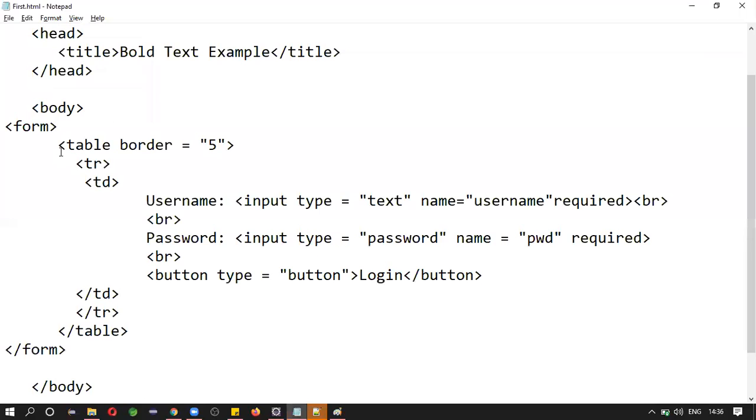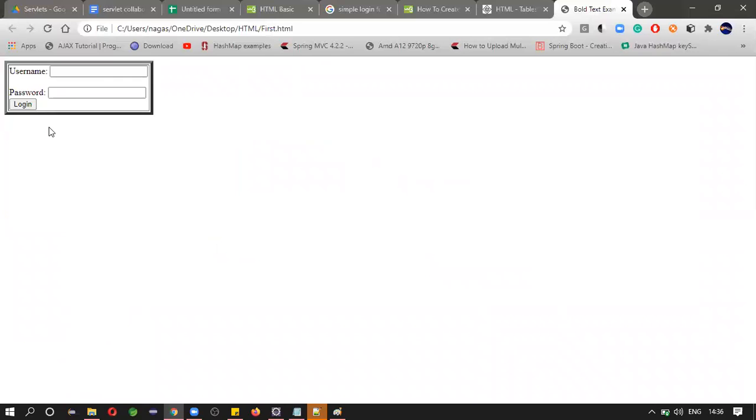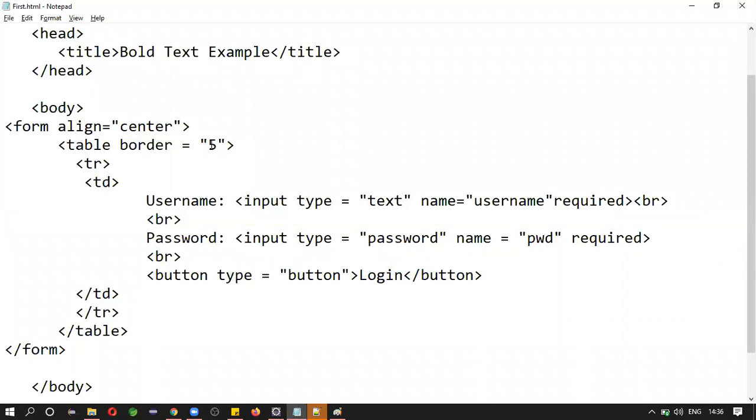Let's place this table in the center, or to some extent give some space from the left of the screen. Let me try this, center. All these came to the center, right? Let us place this table in the center.